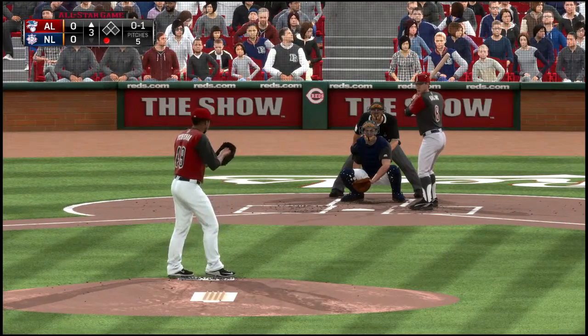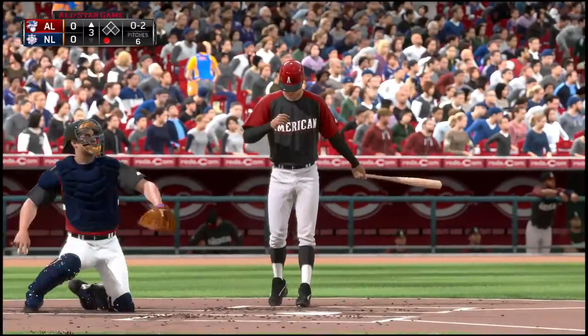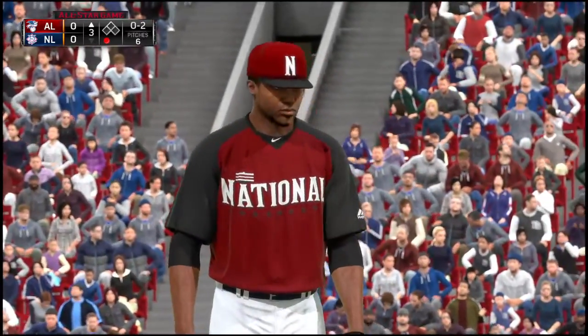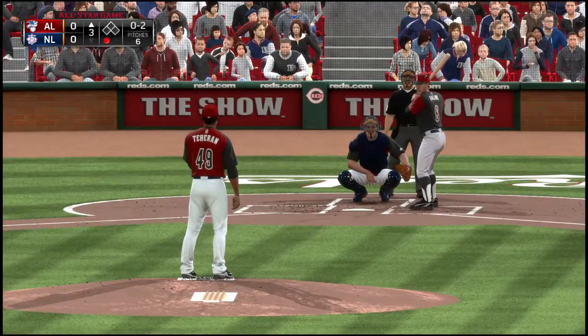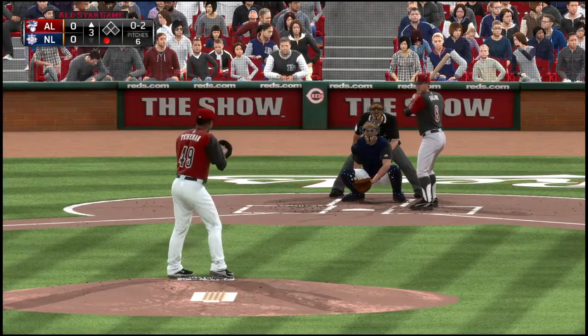Pitch on the way. That's in there as well. It's a quick 0-2 count. One thing you've got to be aware of as a hitter is he's going to give you a bit of variety up there. He's got 5 pitches, and he's going to use all of them. Now here's the pitch.